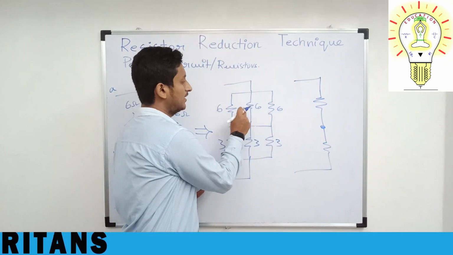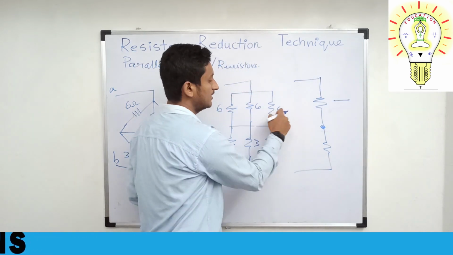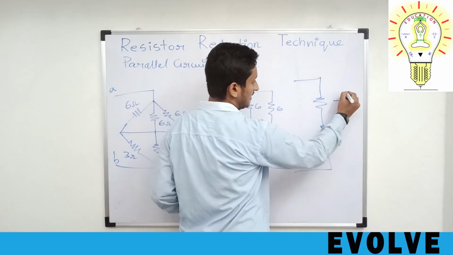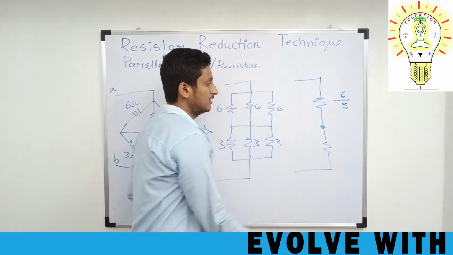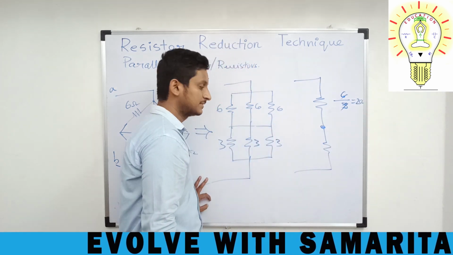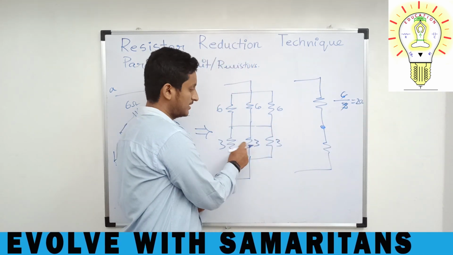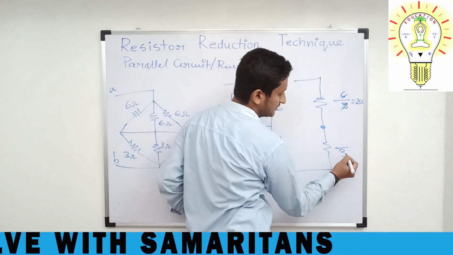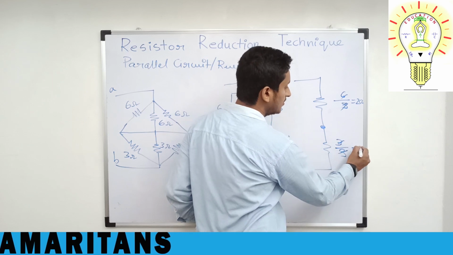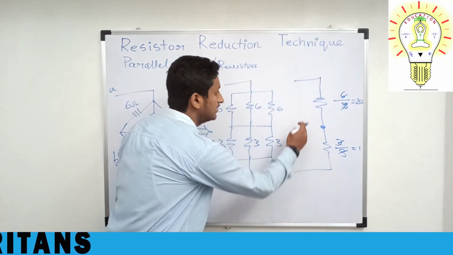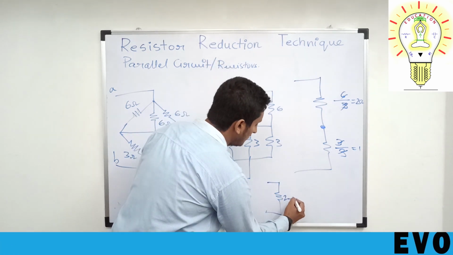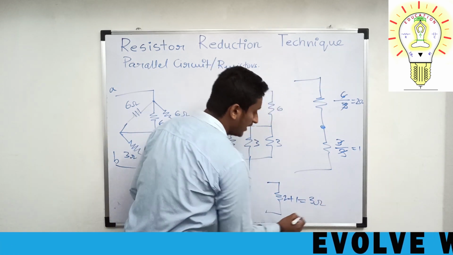So see here, 1, 2, 3 resistors. How many resistors are there? There are 3 resistors. What is the repeated value of the resistor? That is 6. Okay. So similar to the last problem, what you will get? 2 ohms. Now here also it is same. How many resistors are there? 3 resistors. What is the repeated value of the resistor? That is 3. So the value will be equal to 1. So the final resistance will be, these both are in series. So what can I draw? Final is 2 plus 1 is equal to 3 ohm. See how much fast it has done.